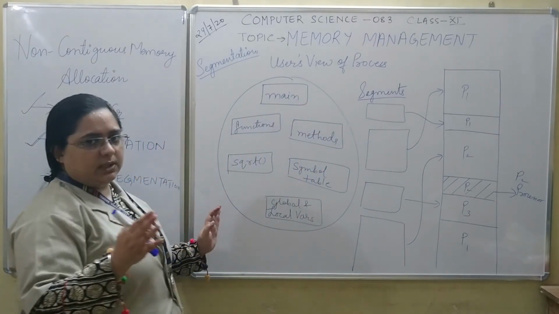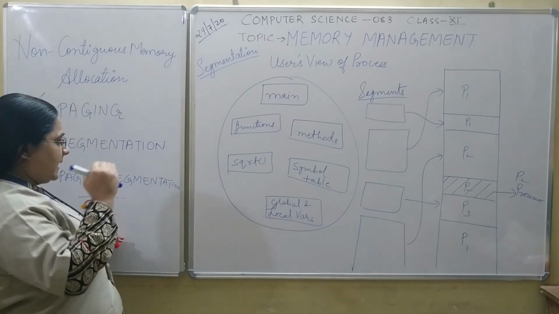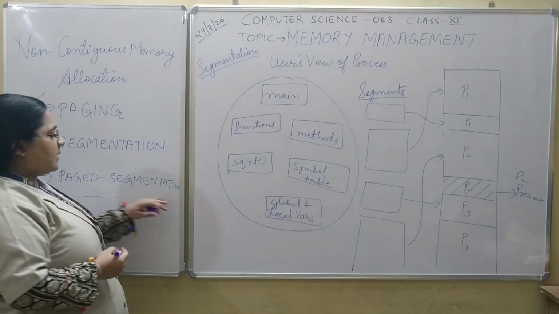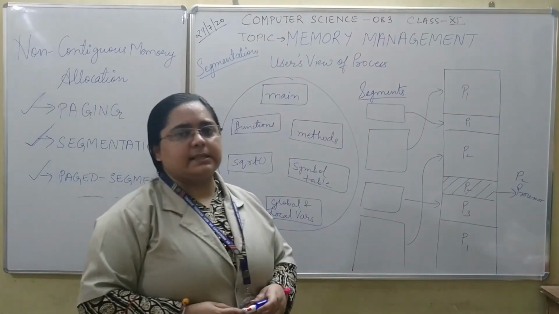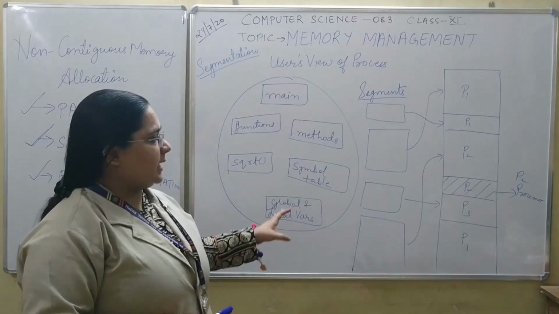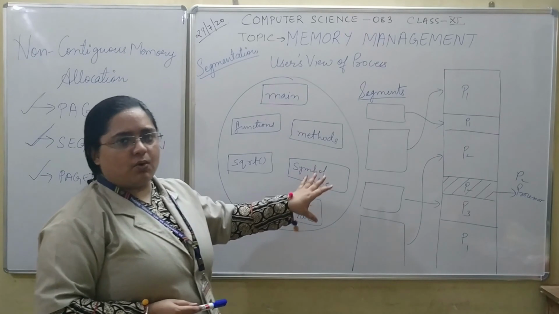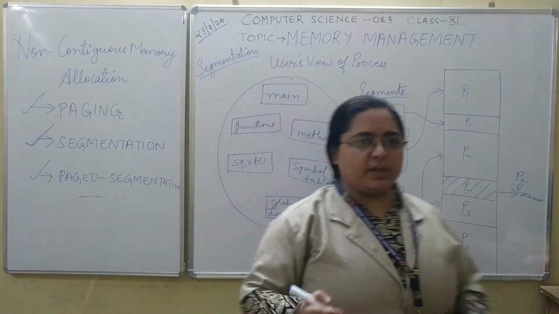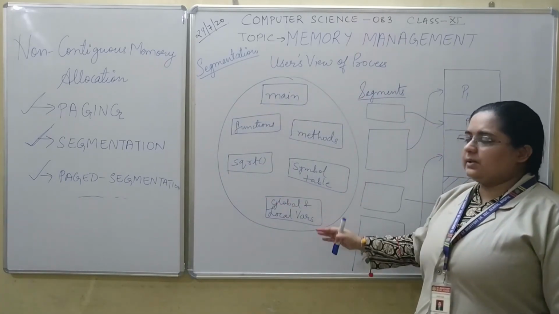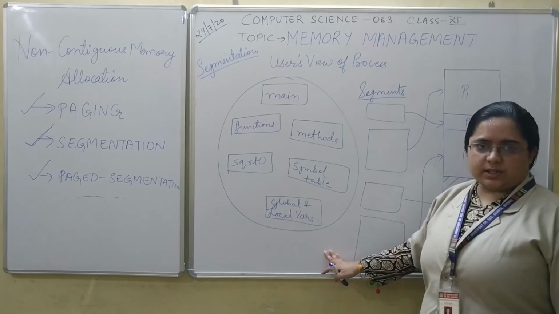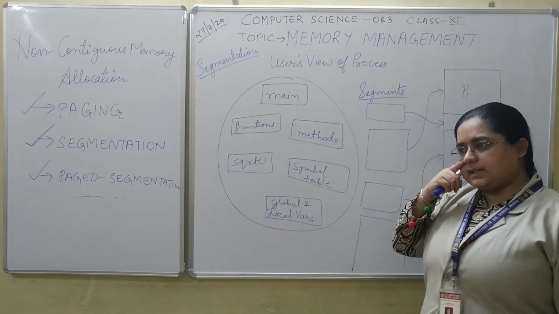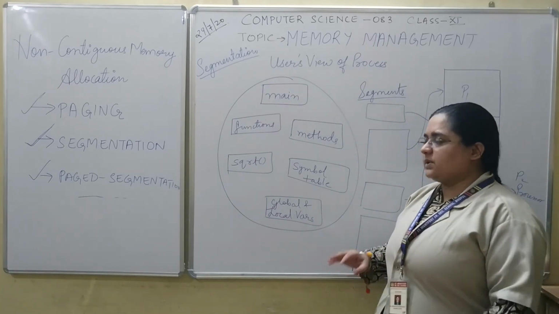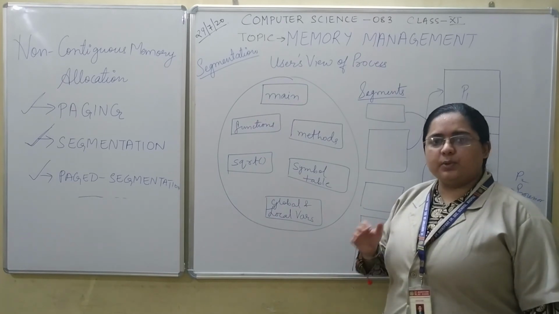That problem is solved to a greater extent, and in order to even remove this fragmentation, paged segmentation, or a combination of paging and segmentation, is used so that processes can be stored properly in the memory. So here we end with memory management, that is contiguous and non-contiguous memory allocation. We have covered two important parts, that is processor management and memory management, that is storage management, and now we will switch over to our last topic, that is input-output management.